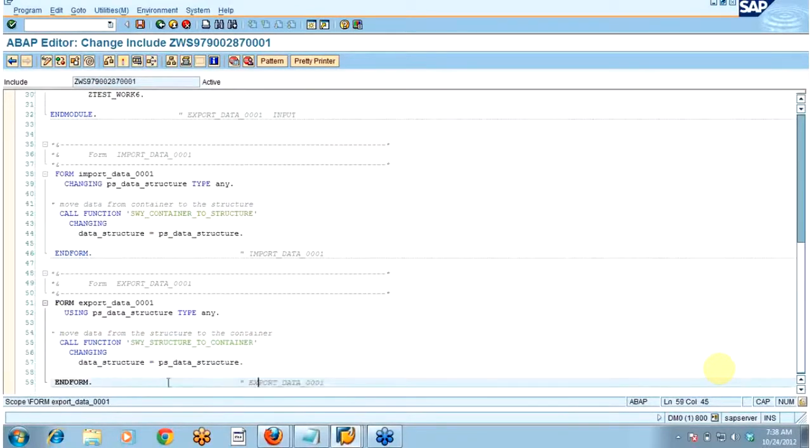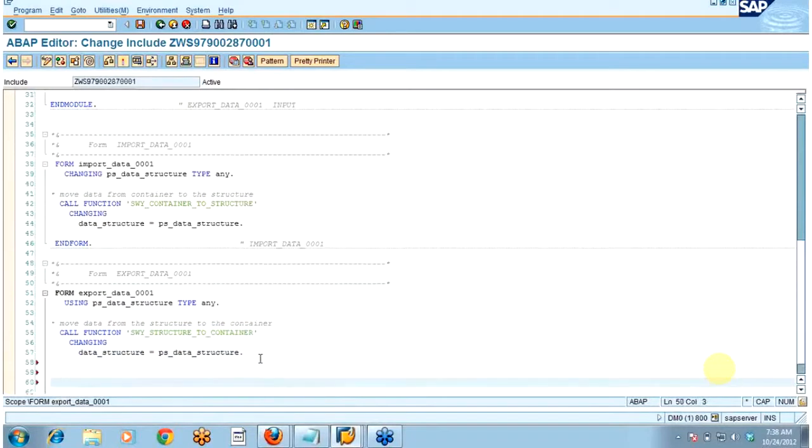Here you can see a few lines of code are already written, so we don't have to touch that code. Let it be. We will be writing our custom code. The purpose of writing this code is that we will be saving that particular sales order number in the database. So let me write a few lines of code and I will explain each line.